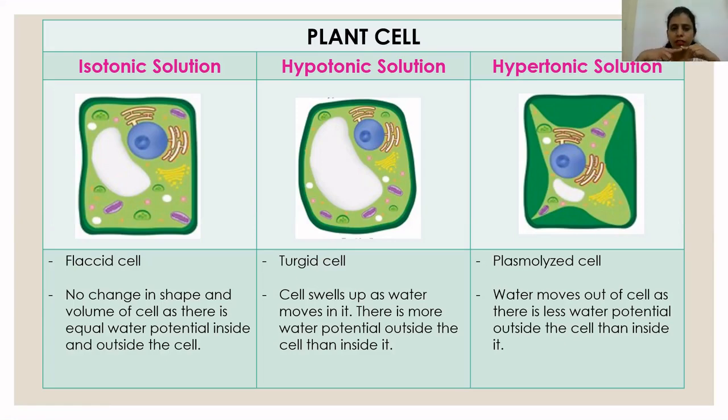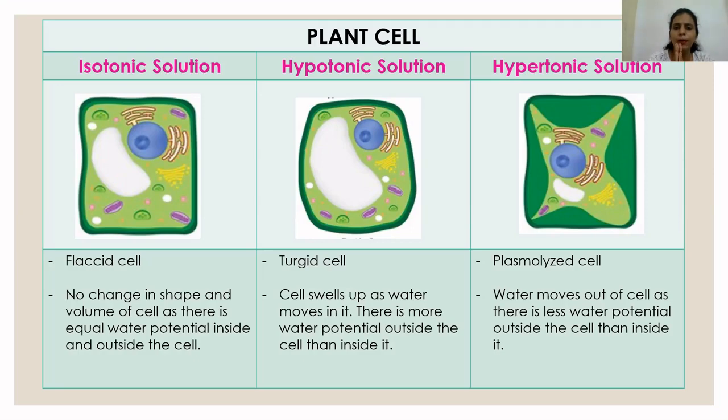Now, as I've told you earlier, the cell wall present in the plant cell is highly inelastic, very rigid and very tough, because it is made up of dead cellulose. So this cell wall protects the cell from bursting. Remember, when a plant cell is placed in a hypotonic solution, water enters inside the plant cell. When the plant cell gets completely filled with water molecules, these water molecules start applying pressure on the cell membrane, and this cell membrane starts applying the same pressure on the cell wall.